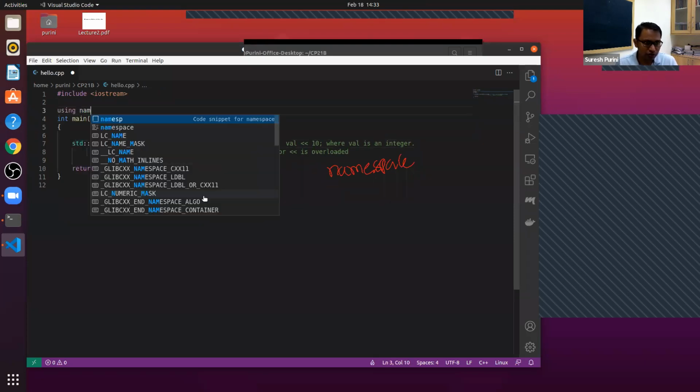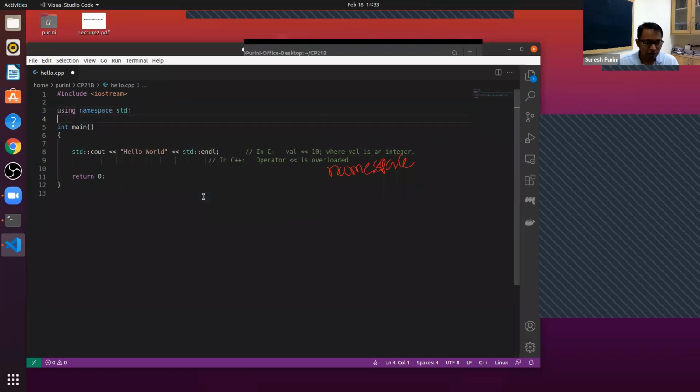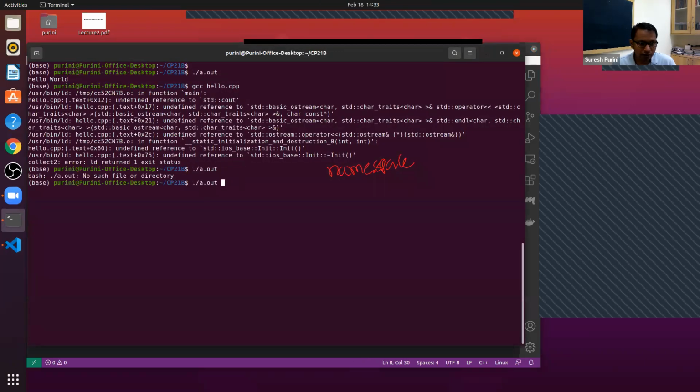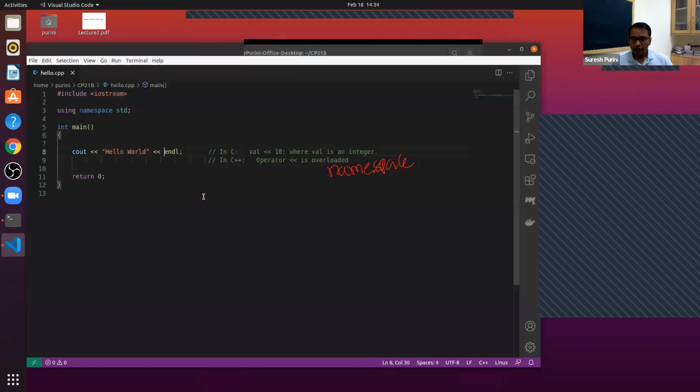So what do we do? We use this line, using namespace std. Once we specify that we are using the std namespace, then we can remove these prefixes and compile the program. See. I don't know which is better, endl or \n. Okay, can you use multiple namespaces? I think it is possible to use multiple namespaces.